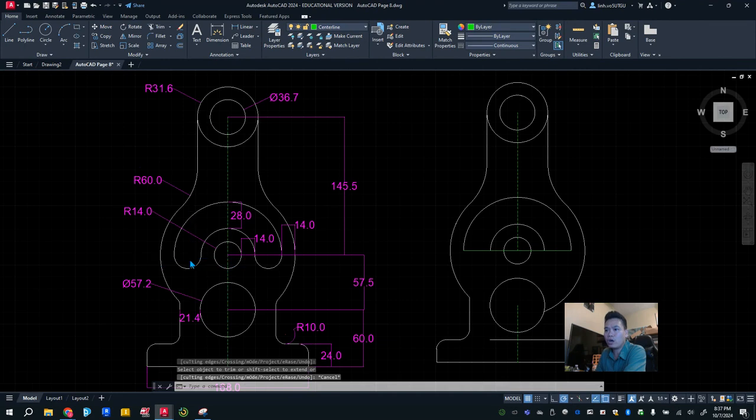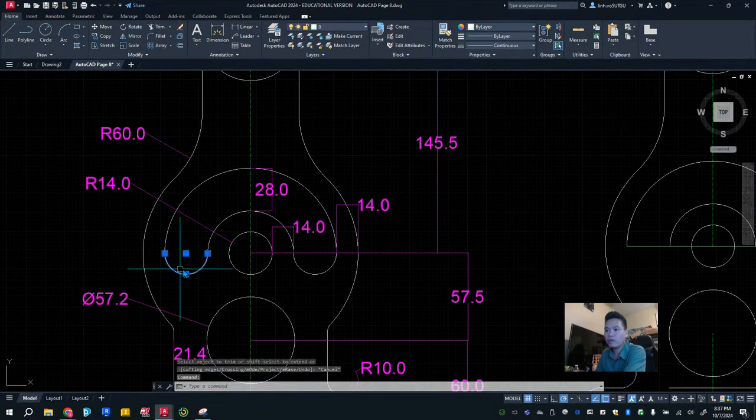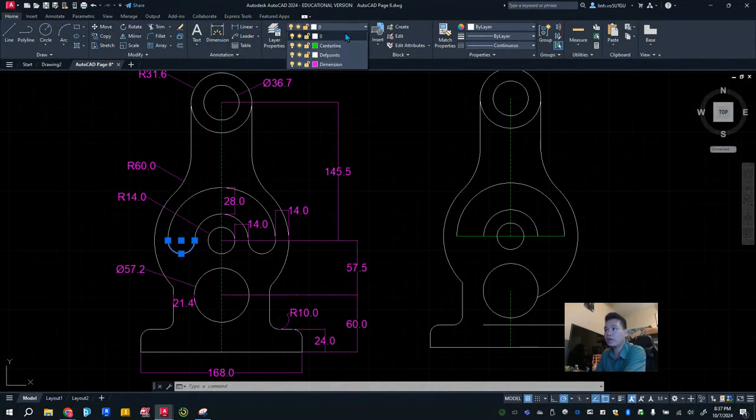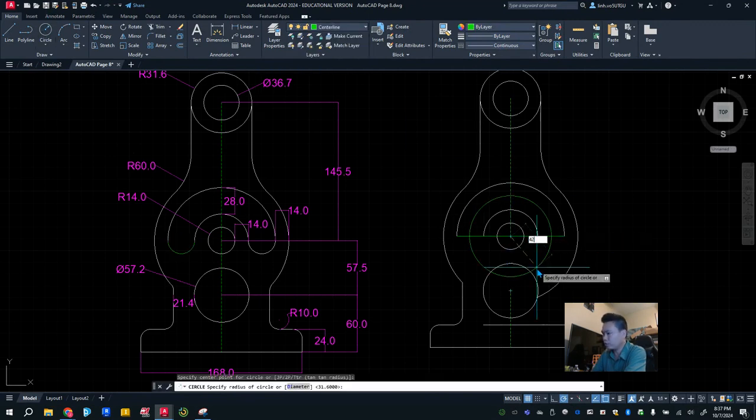One thing we're going to need to talk about is this arc right here. We talk about this arc where the center, right? The center, we know that this distance is 28 units here. So from here to there, the whole thing is 28. So halfway of that will be 14. We know the radius of this one is 28. 28 plus 14 gives us 42, right? So I'm going to go ahead and in my center line, construct a circle that is 42,